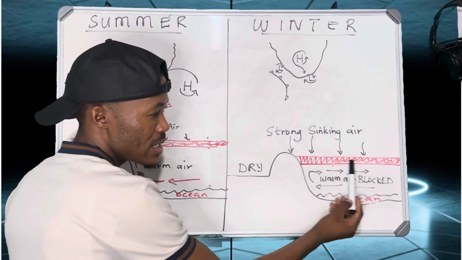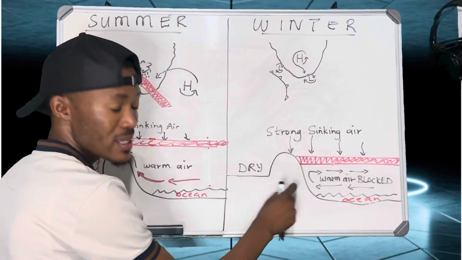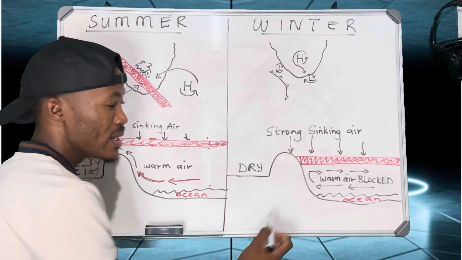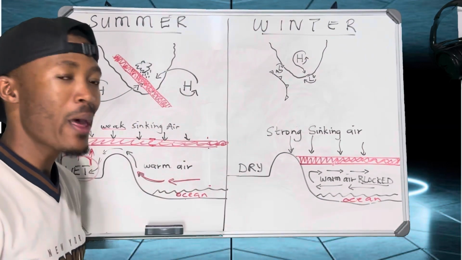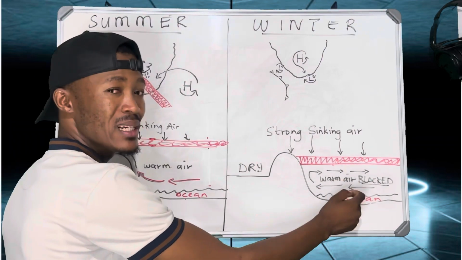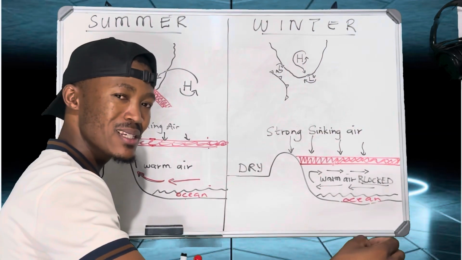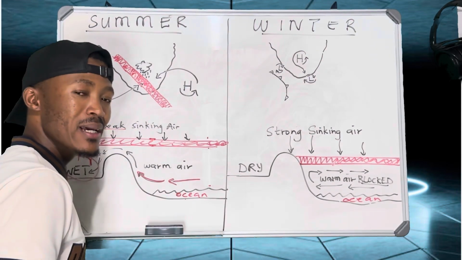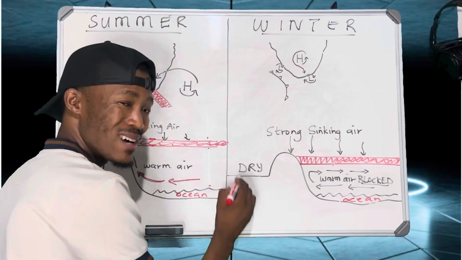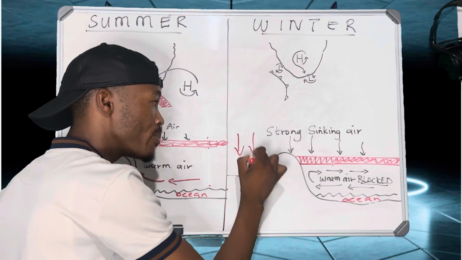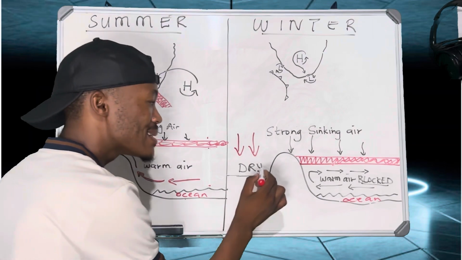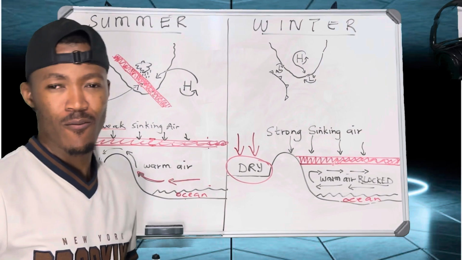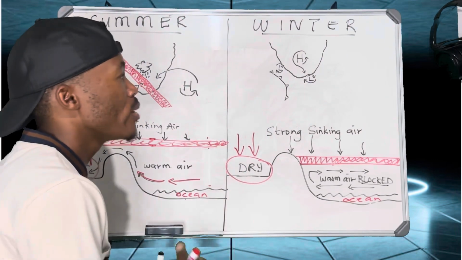Now, when the inversion layer is lower than the escarpment, it means that the warm moist air that is coming from the Indian Ocean is now getting blocked. Therefore, this warm air, the one that is moist, the one that is needed for condensation, cannot reach the interior. When it cannot reach the land, it means that the general conditions over the land will only be from the strong sinking air. As a result, the interior remains dry with no rainfall